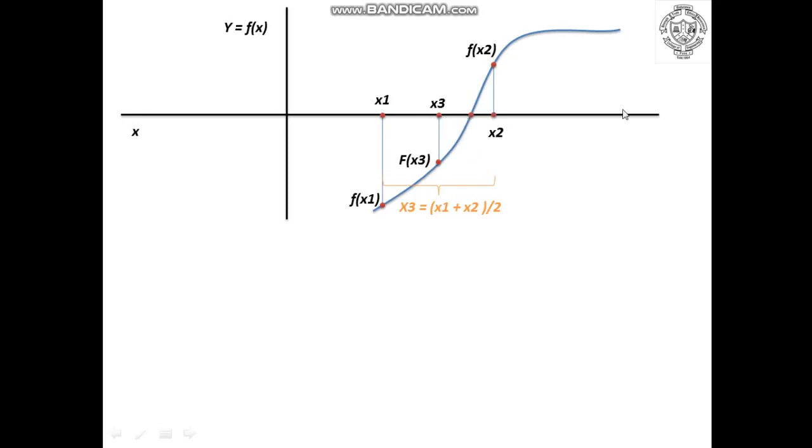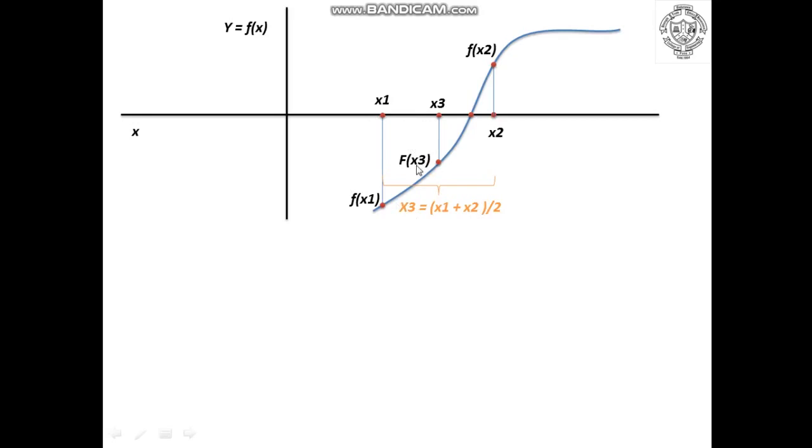So now what we have to do is again compare the sign of these three functions, which is f of x1, f of x3 and f of x2, to start guessing the values of x1 and x2 for the next iteration. So we will compare the sign of f of x1 and f of x3. If you consider the sign of both functions, it is the same. So if you assume the initial guesses for the next iteration as x1 and x3, it will be wrong. You will again converge it between these two points where there is no root.